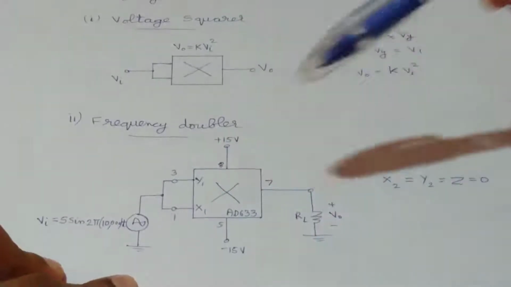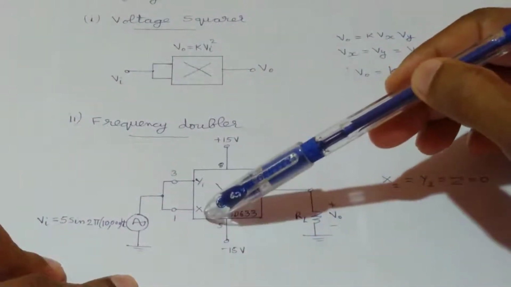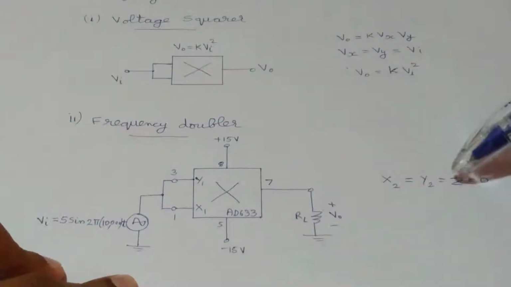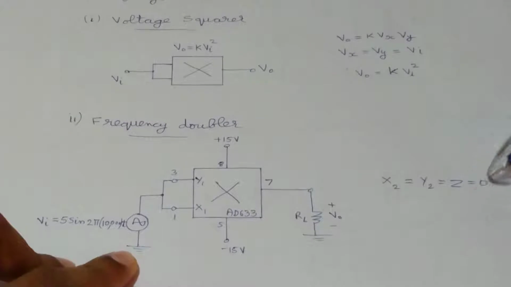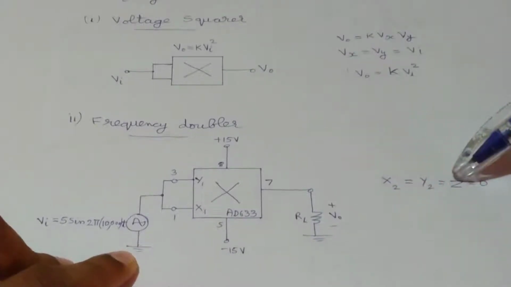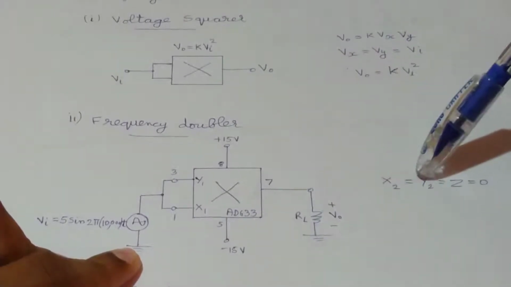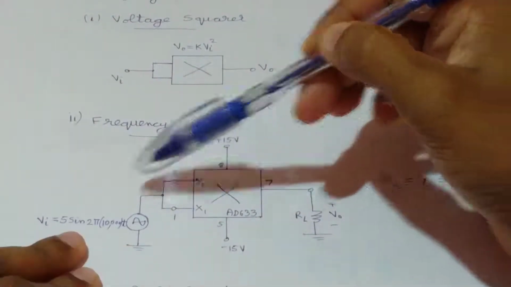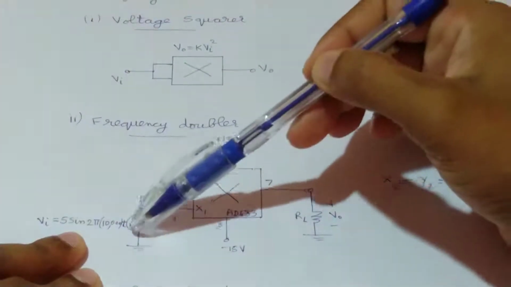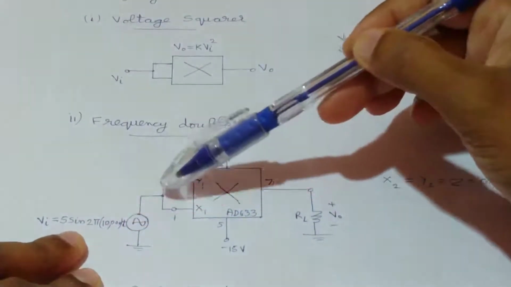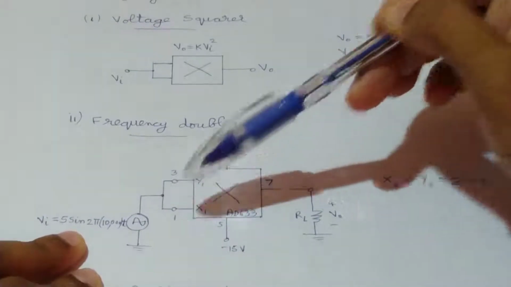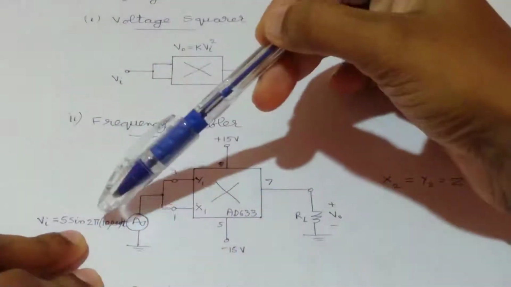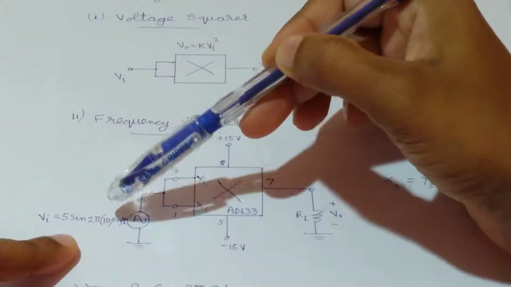Here in this arrangement, the inputs are applied to X1 and Y1 input terminals, and X2, Y2 and Z are zeros, or we will apply a 0 to these X2, Y2 and Z points. Since X2 and Y2 are zeros, our Vx is X1 and Vy is Y1, and here we are applying a sinusoidal input signal of particular frequency to these Vx and Vy points, and at the output the frequency of the output signal will be double that of the input signal. Let's now consider how this circuit works.